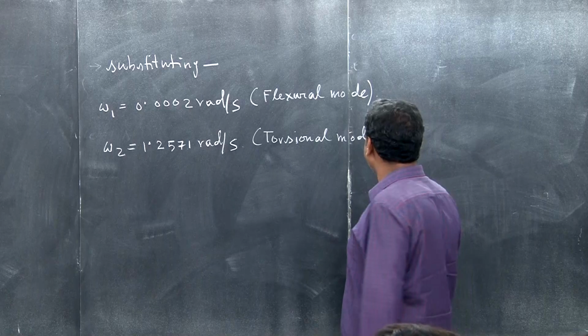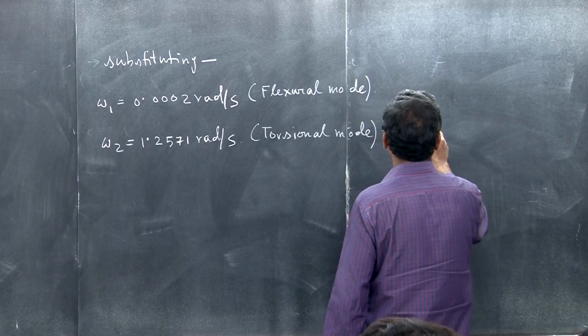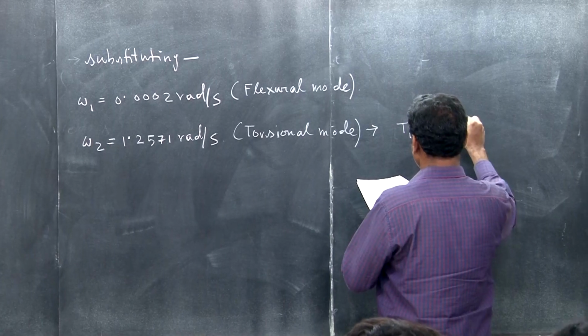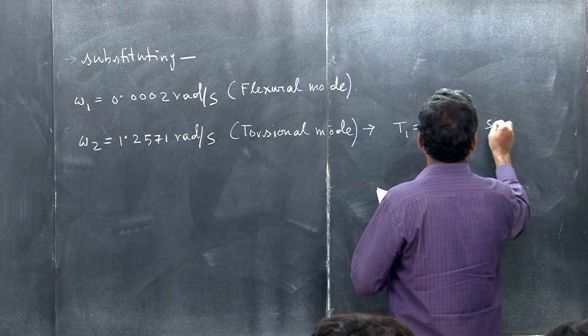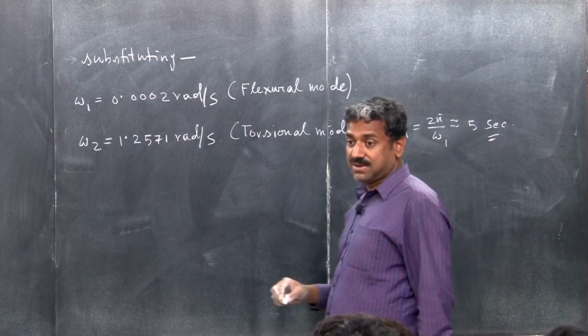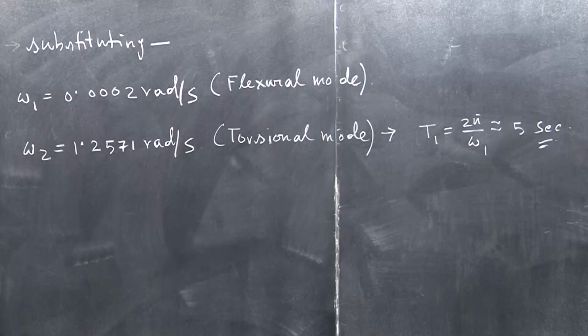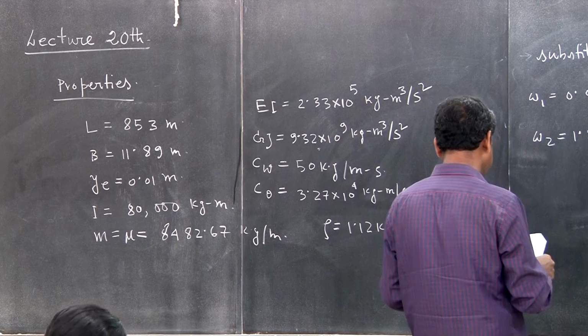Anyway, if you want, this time period will be what? 2π/ω, and it is around 5 seconds. I have calculated around 5 seconds. It is very flexible, right? Even the stiffer one is also flexible, right? The other one is flexible. So now what we will do is